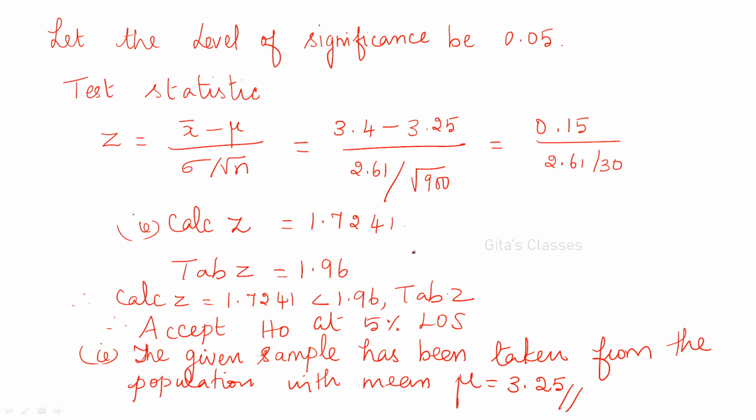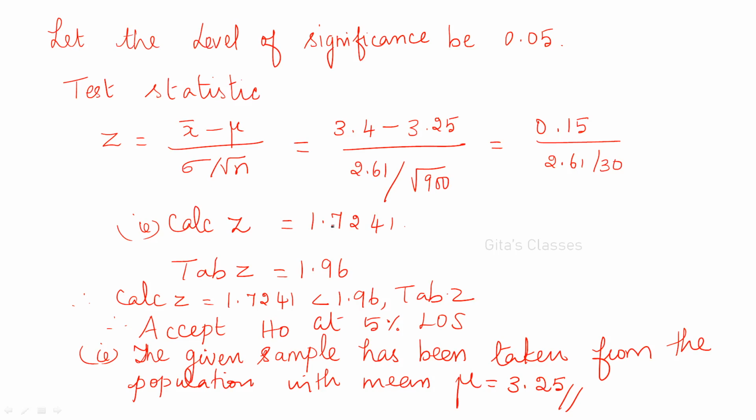And the level of significance is not given. I am assuming it as 0.05. You can assume it as 0.01 also. Generally we will write it as 0.05 or 0.01. Okay, and the table value here is 1.96, and the test statistic formula is x bar minus mu